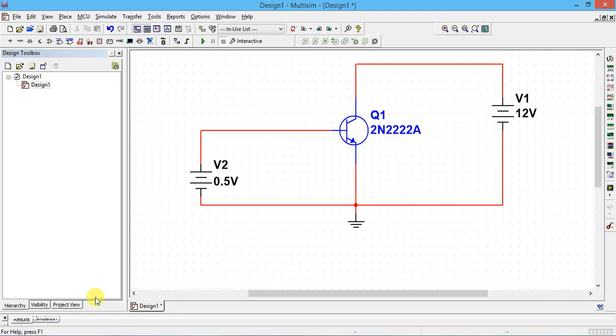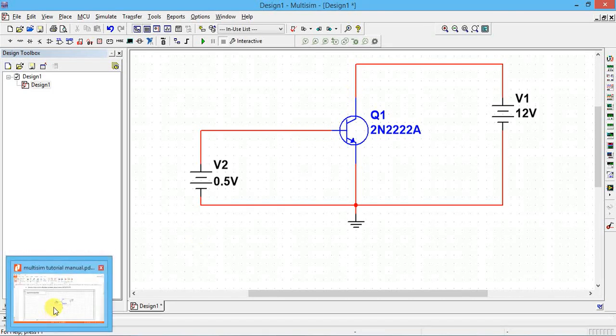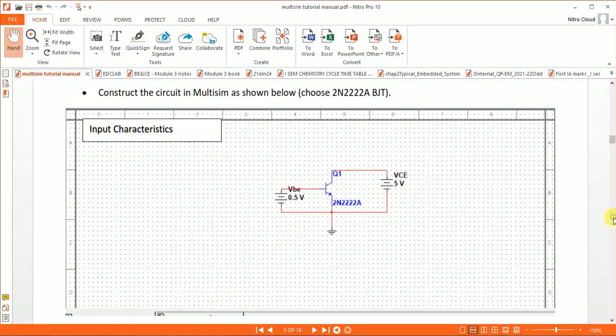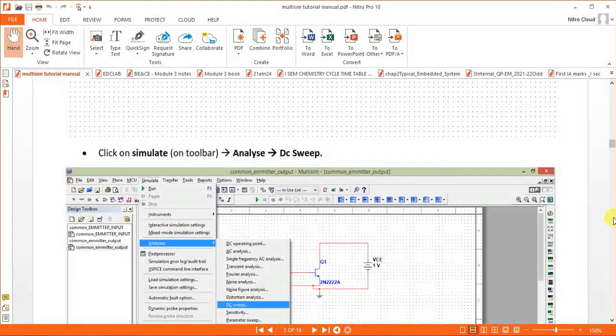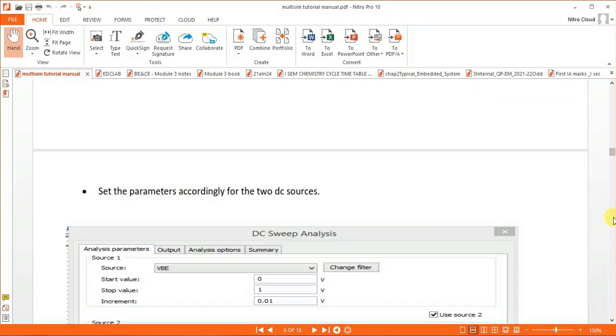So now what are the settings I have to do for input characteristics? It is a graph of input voltage versus input current at constant output voltage. So for that you have to go to simulate, then analysis, then click on DC sweep, and do the settings.